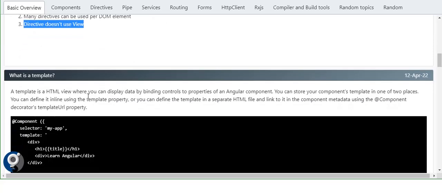Template. A template is just a part of the HTML view which we bind to a component, where we show all the properties, forms, ngFor, ngIf, everything we use. Okay,